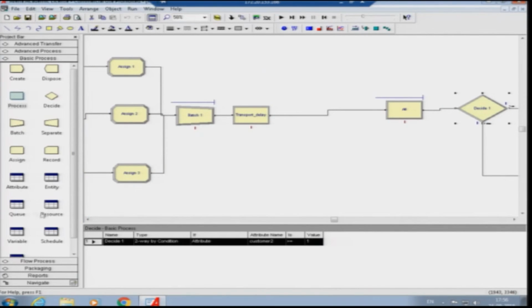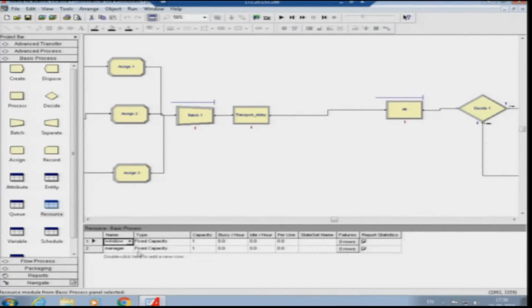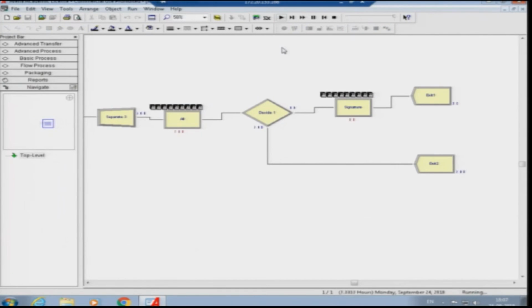So again, like the previous one, here also we add the attribute for the particular windows. Here we have added the resource in the particular window. There is only one capacity in the resource window, so we will increase it to at least 3, because we have at least 3 different kinds of processes. Now we will run this model and check what the problems in the system are. So you can see the run has started.